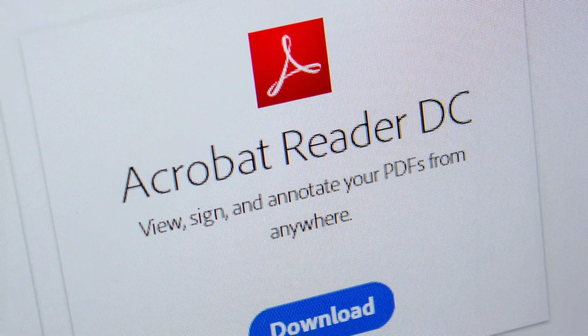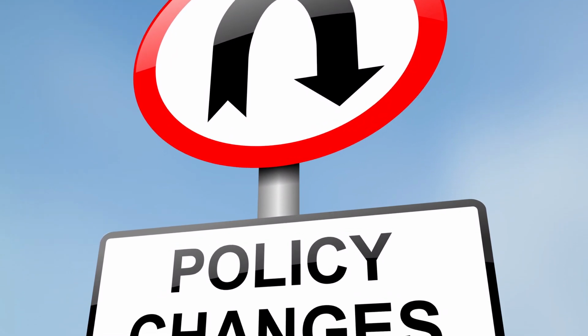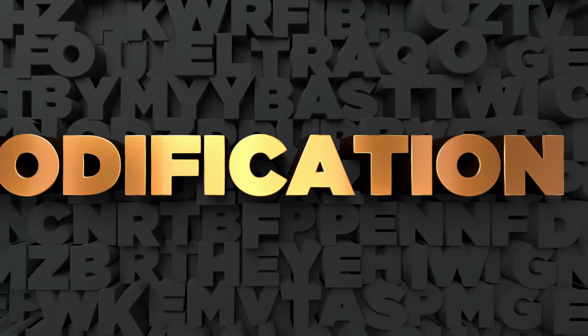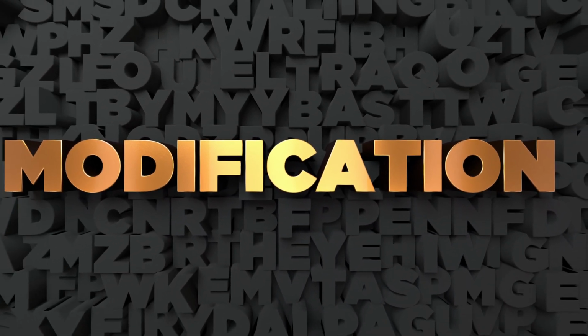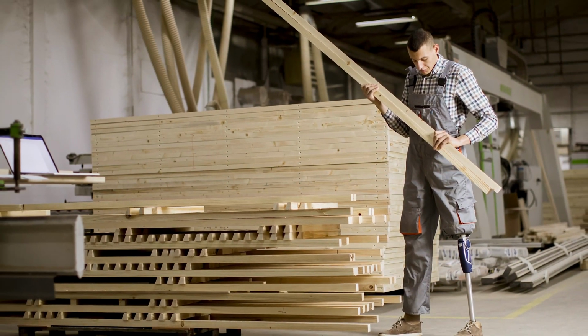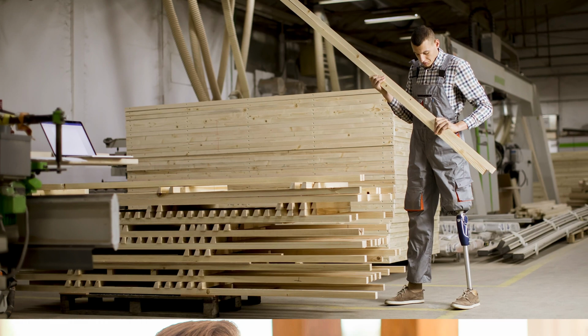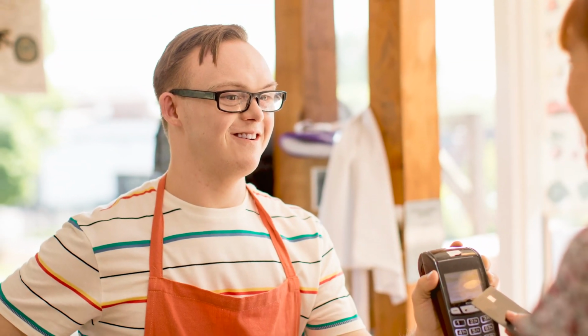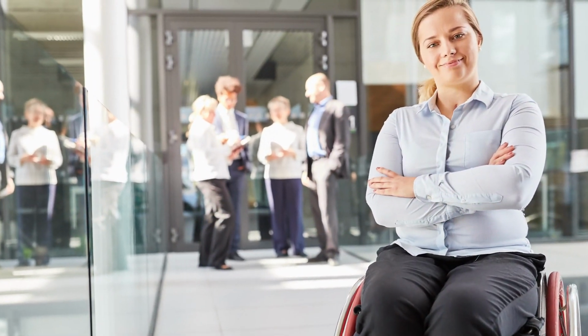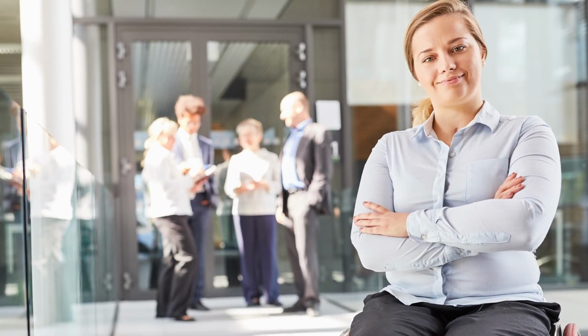Third, the applicant or employee may request a reasonable accommodation. A reasonable accommodation is any change in the work environment or the way the job is done that enables an employee with a known disability to enjoy the same equal employment benefits as employees without disabilities. The word known refers to the employee disclosing their disability to their employer when or prior to requesting the accommodation. The employer is not required to provide an accommodation for a disability they are not aware of.